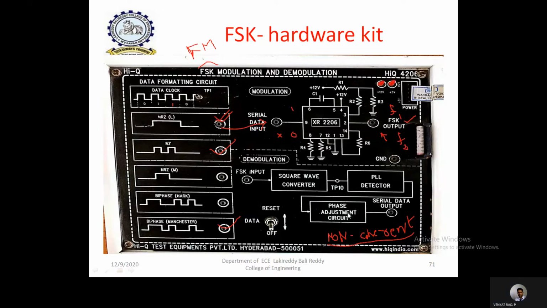That's why FSK demodulators are generally preferred for non-coherent detection. Whenever you observe FSK, generally they use non-coherent detection, and only if that is not possible do they go for coherent detection. But perfect demodulation is only observed with non-coherent detection. That's why in this kit also non-coherent detection is used. Now we will observe the experimental analysis directly.